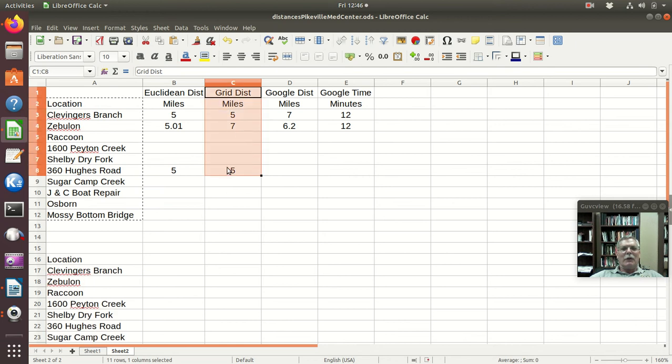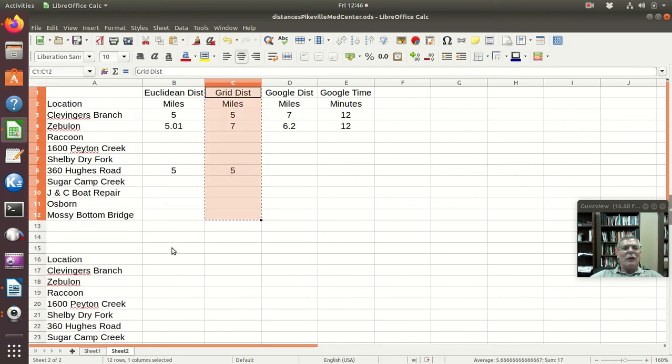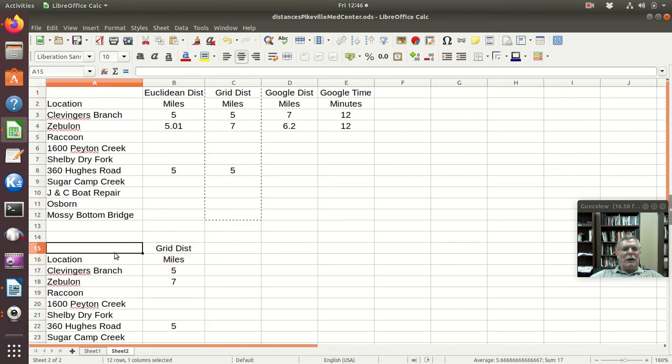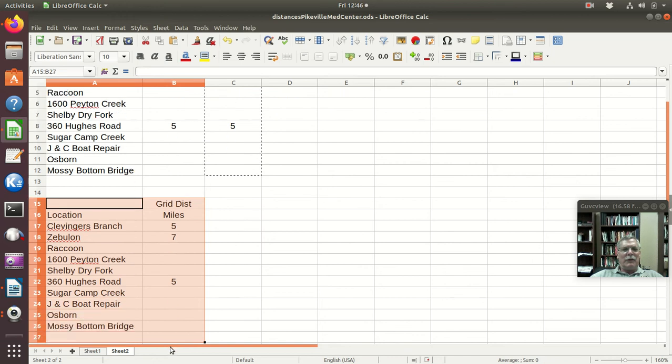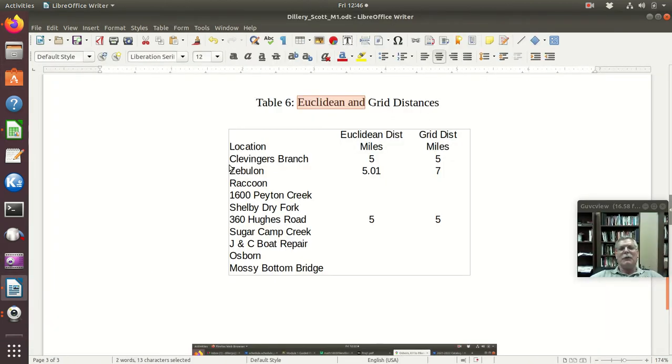I can take this, copy it, and paste it here. And then I could highlight this, copy it, and paste it in place of this one. And that'd be fine.